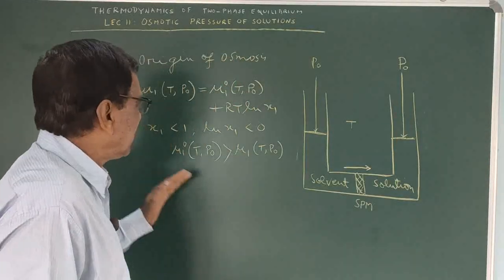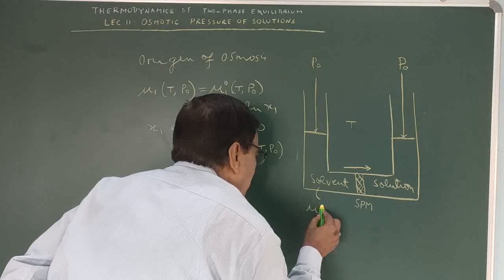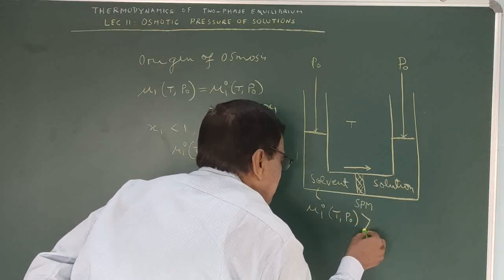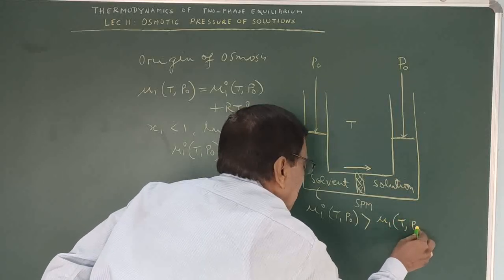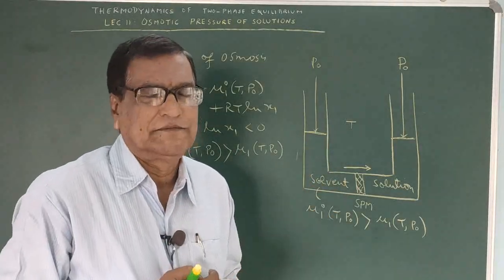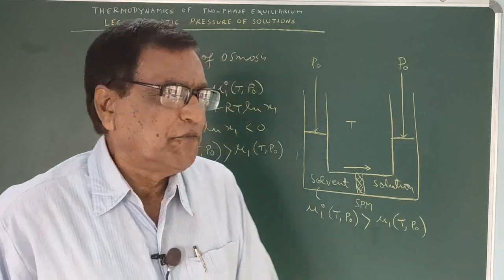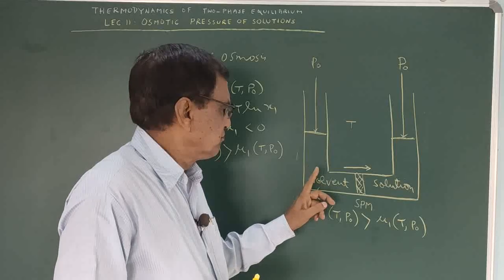So this unbalanced chemical potential, mu1 naught at T and P naught greater than mu1 at T and P naught, becomes a driving force for the flow of the solvent from the solvent side